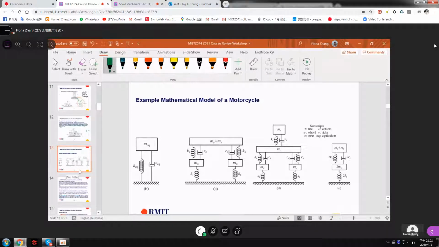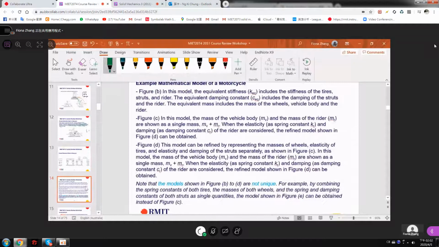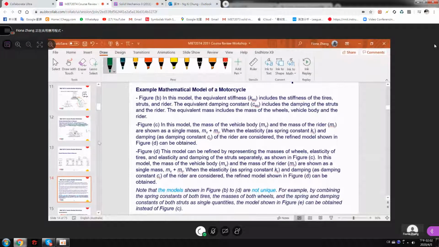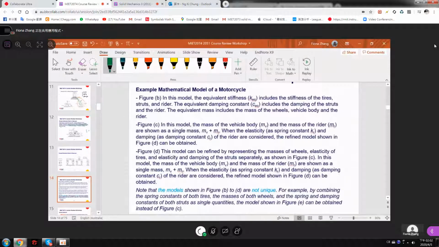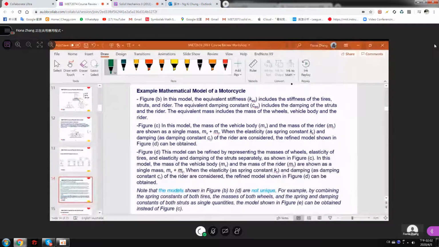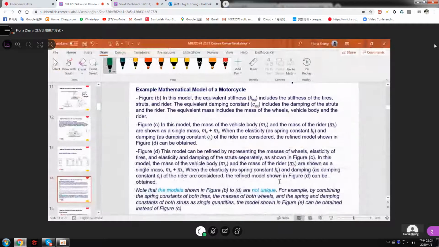Right, here has some description. Okay. So for this model here, B, right? So in this model, equivalent stiffness K equivalent includes stiffness of tires, struts and rider, and the equivalent damping